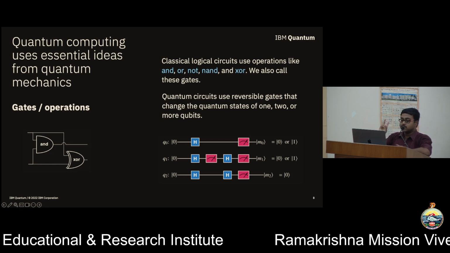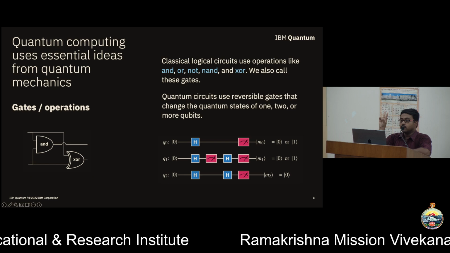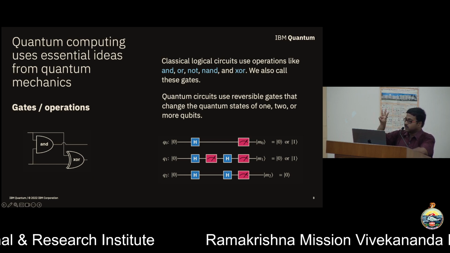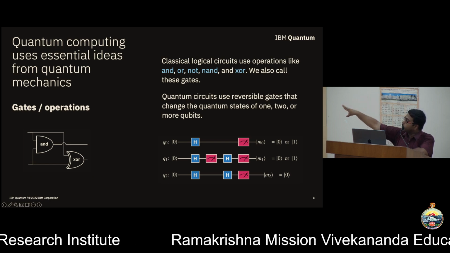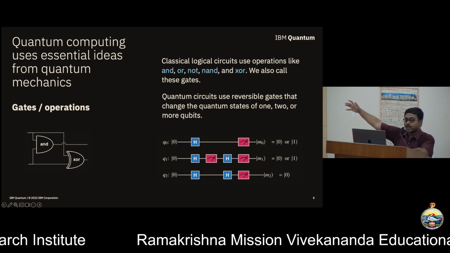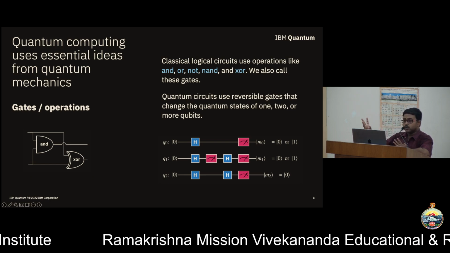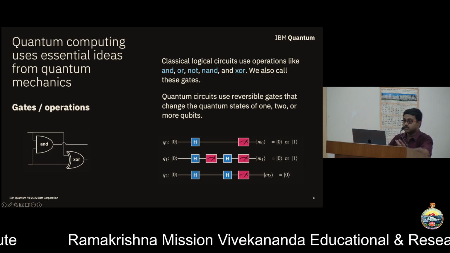So in classical, we usually think of two things. First is the bits, and next are the classical gates. In quantum, we will think of three things. First is the quantum bit, followed by quantum gates, followed by measurement, those meter things drawn there, that's a representation of measurement. So these are the three things we will think of, but the one-to-one correspondence is pretty simple, right?